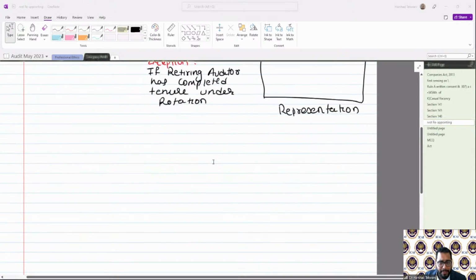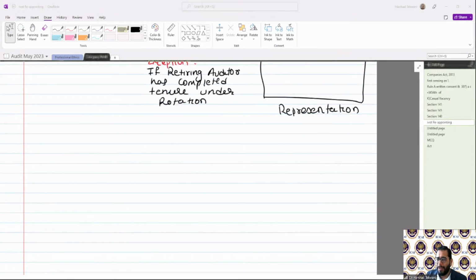Now, in such a scenario, when there is a dispute whether the representation made by the auditor is within the powers and is appropriate, or the company is appropriate in withholding the representation, then what can happen is they can apply to the tribunal for further hearing of the matter. Now, in that case, what will happen is